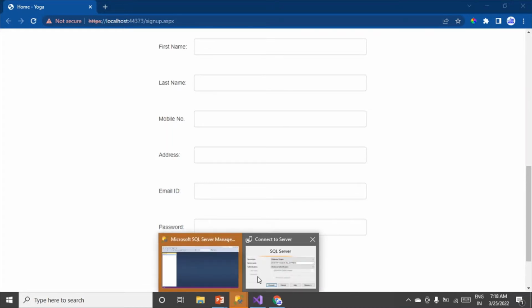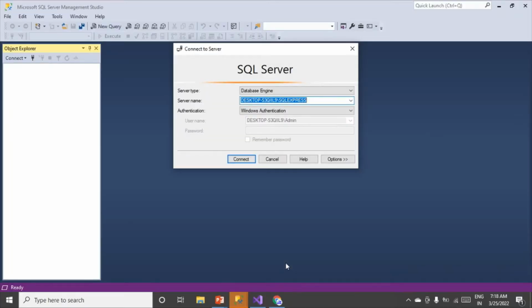So basically whenever you open SQL Server, this window comes, where the server name is placed, as you all can see. The server name is my PC, this desktop, some combination of letters, and then slash SQLExpress. That's the instance name. So that's the server name. I'll take this name for reference, and I'll just copy it here, because